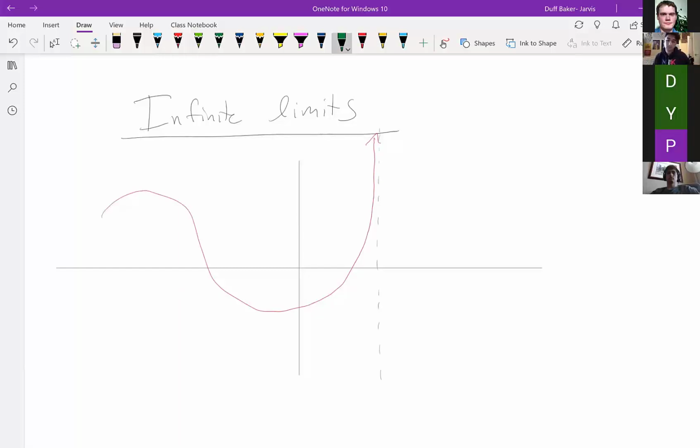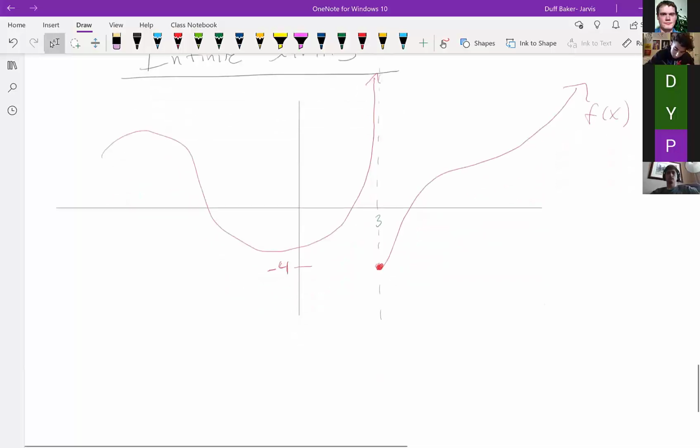At, say, the number 3. And then it does something else over here. Well, let's make it even a little bit different. Okay, so say I had a function like this. And let's say this is -4. Okay, so when you have this sort of situation,